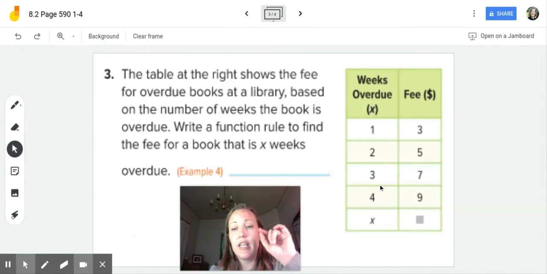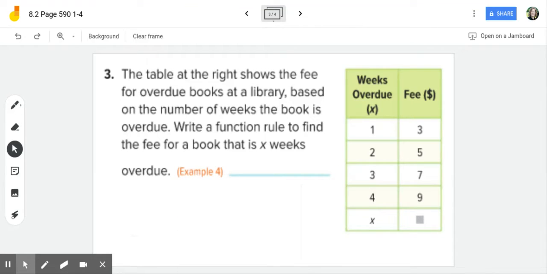What am I doing to the X value every single time? Okay, did you remember what I said? I am taking that X value and I'm multiplying it by something. And that something is 2, right? So I take 2 times X plus 1 to get that function, and that's my function rule,